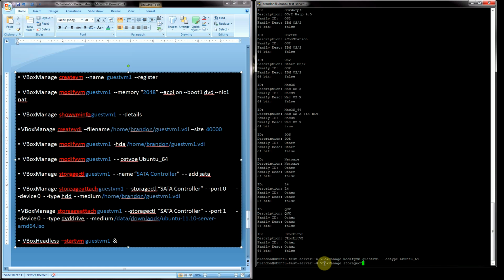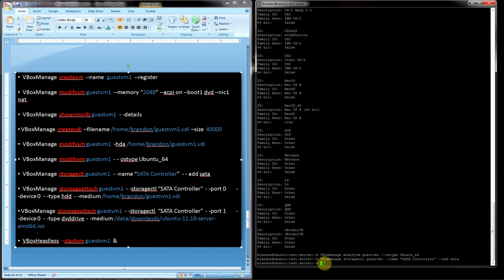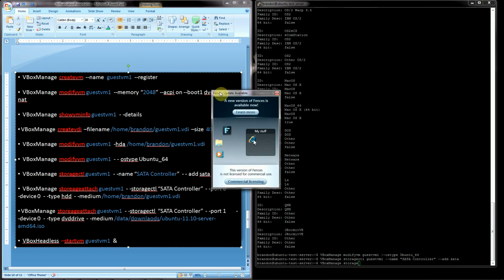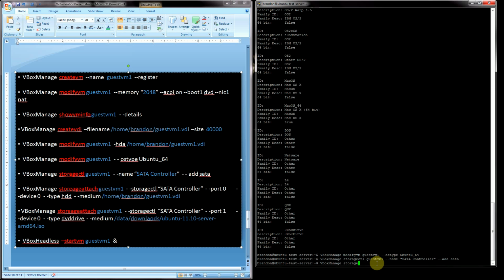Storagectl guest VM1. And now name, we have to name it. I'm going to name mine like this, and then space dash add SATA. So now we're going to go ahead and start to attach things, and to do that we're going to use the storageattach function. So we have storageattach